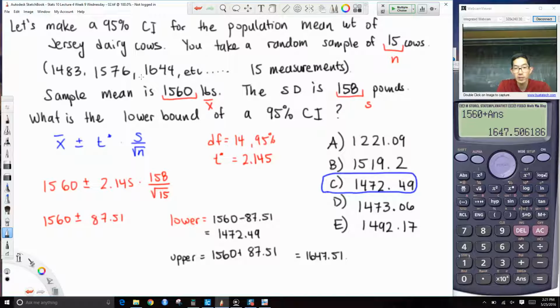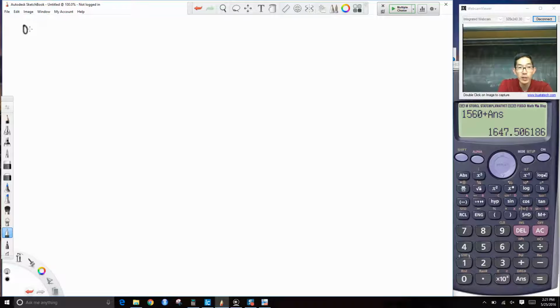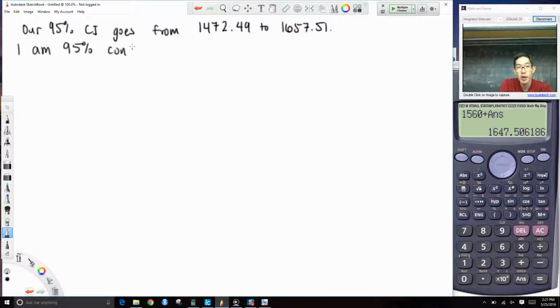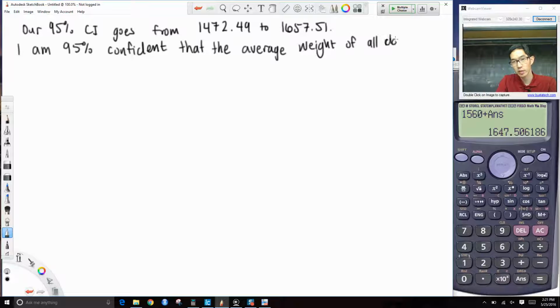So 1472.49 to 1647.51. We would say our 95% confidence interval goes from 1472.49 to 1647.51, and we would say I am 95% confident that the average weight or mean weight of all cows, of all dairy cows in the population,